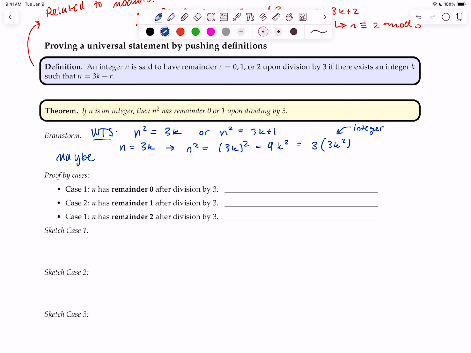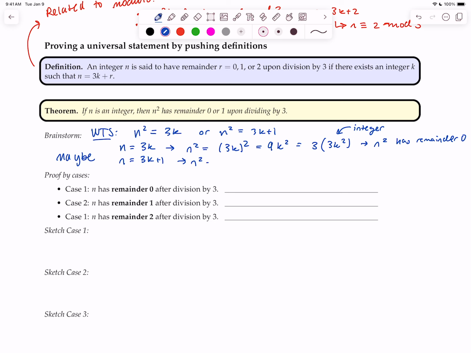What have we just shown? We've shown that n squared has remainder 0 upon division by 3. Okay, this is promising. And so if we did this with n being 3k plus 1,